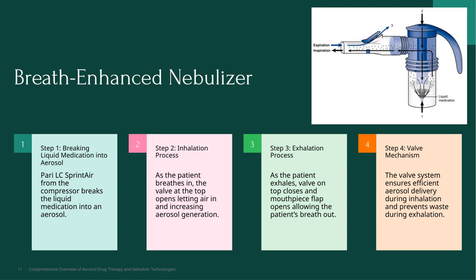Now, let's take a closer look at the breath-enhanced nebulizer. The first step involves breaking the liquid medication into an aerosol. Here, the Pari LC Sprint air compressor plays a key role by converting the liquid into tiny particles that can be inhaled effectively. Next, as the patient begins to breathe in, a valve at the top of the device opens. This action allows air to flow in, which boosts the aerosol generation, making sure the medication reaches the lungs efficiently